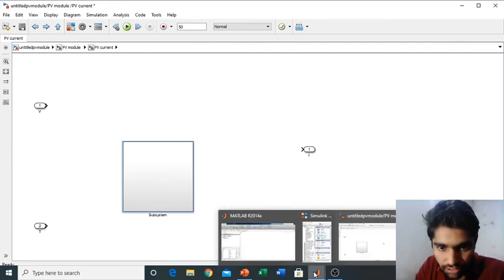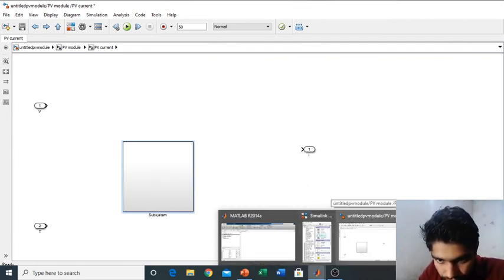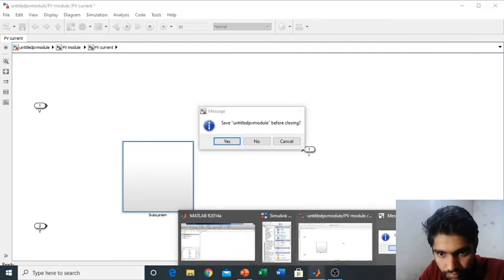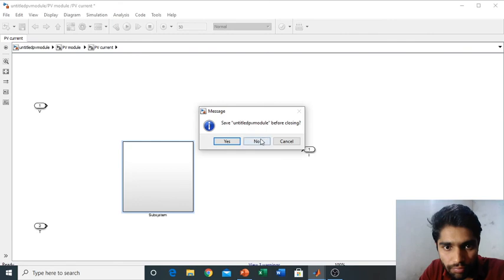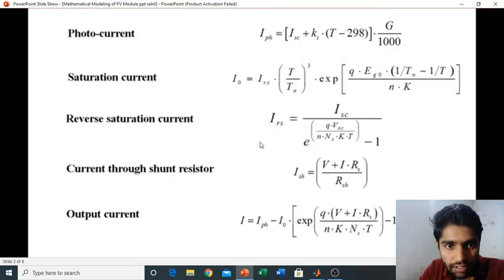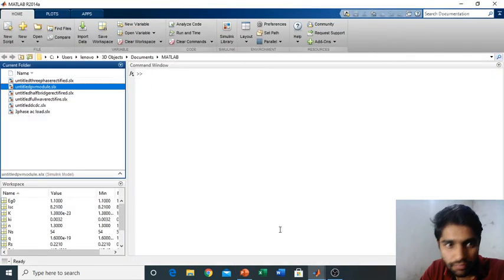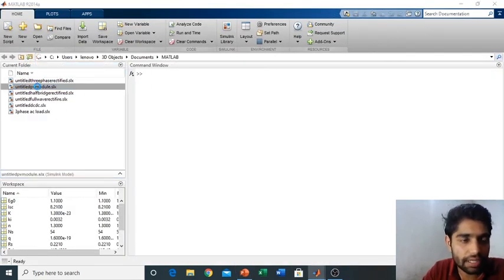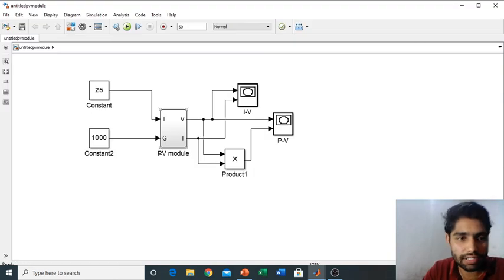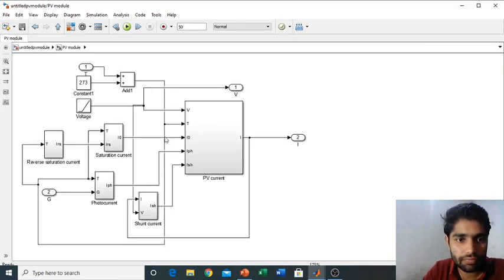I'm going to delete this, and I'm saying no change because some problem happened in that circuit. I have the untitled PV module, so I double click on it and it will open. It takes time. This is the circuit, PV current.